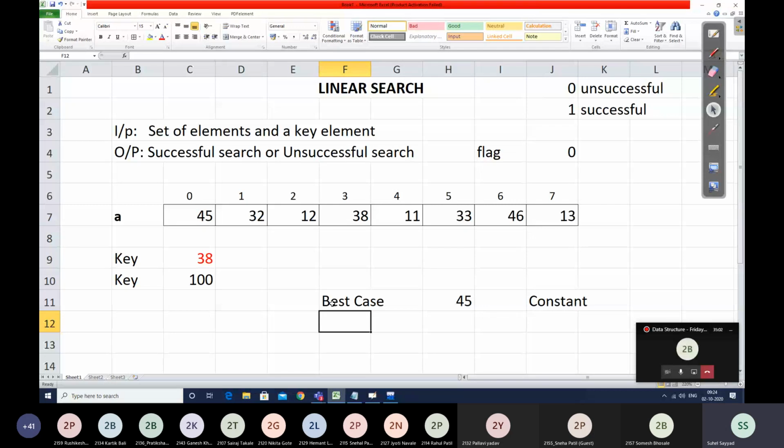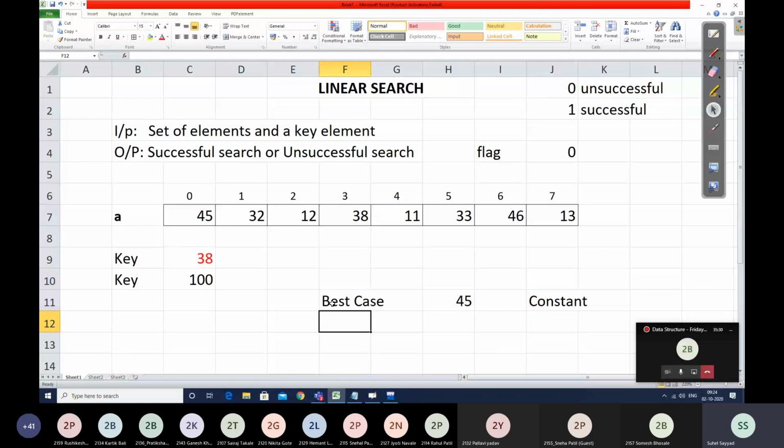If I ask you to search 100, which is an unsuccessful search, to say that it is unsuccessful we must compare it with all positions of our array: 45, then 32, 12, 38, 11, 33, 46, and then 13.